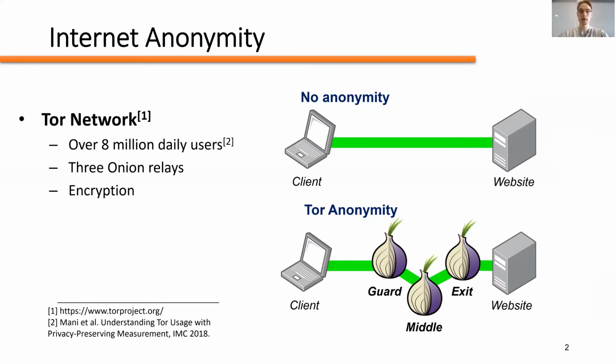This circuit is encrypted and extended 1 hop at a time, and consequently, no individual node has complete path information. This means that each particular node is only aware of the nodes directly adjacent to itself. So if, for example, an attacker is monitoring the traffic between the user and the guard node, the attacker will know the identities of the user and the guard, but not the identity of the site that the user is visiting. In this way, user anonymity is preserved while browsing the internet on Tor.